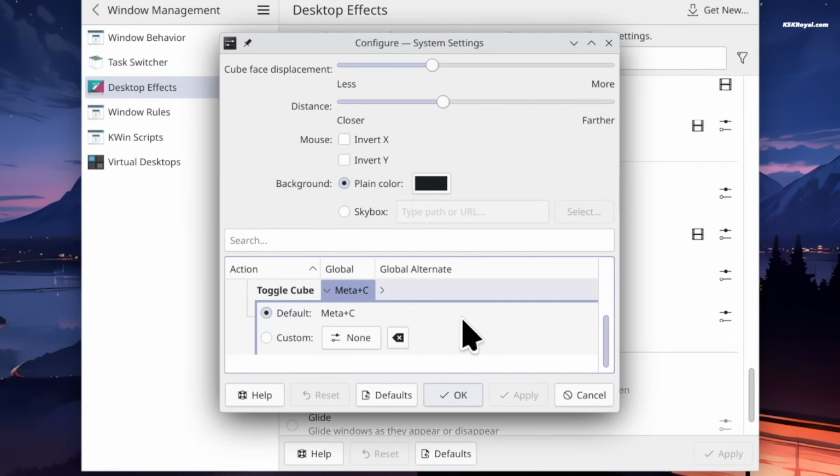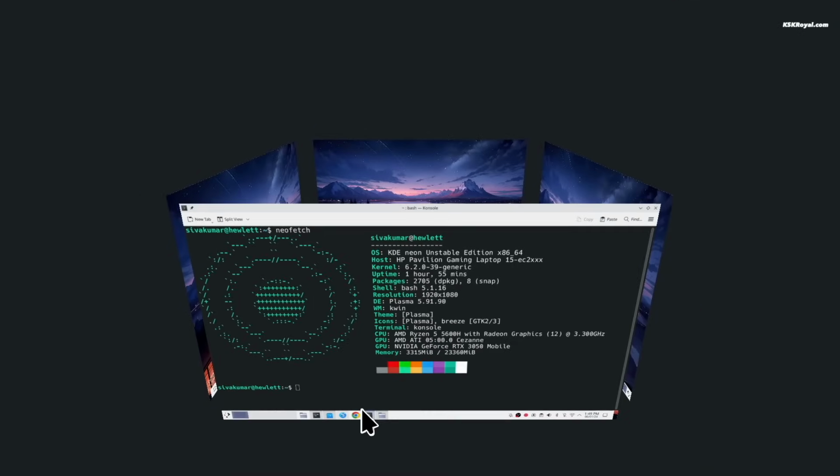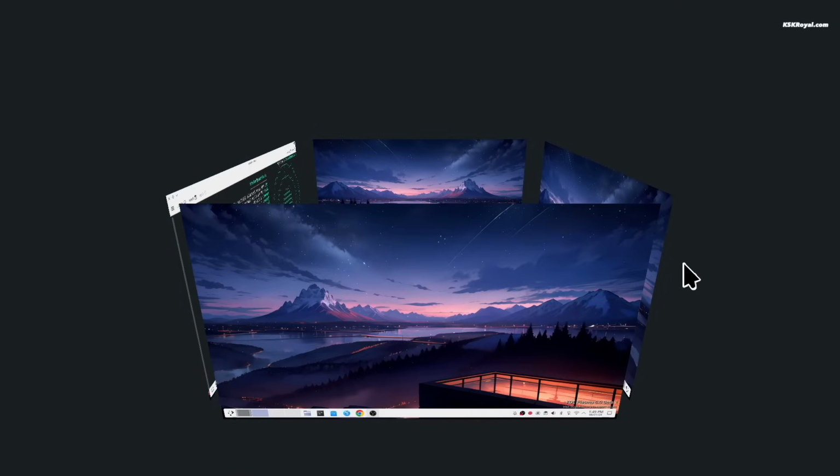Pressing Meta plus C triggers the cube view and previews all the workspaces. To rotate the cube, you can use 3 fingers to swipe left or right.